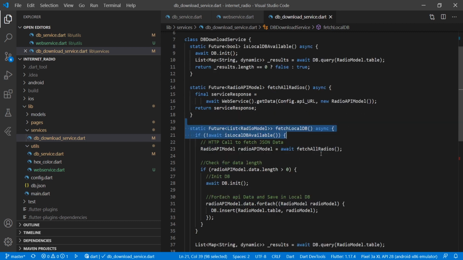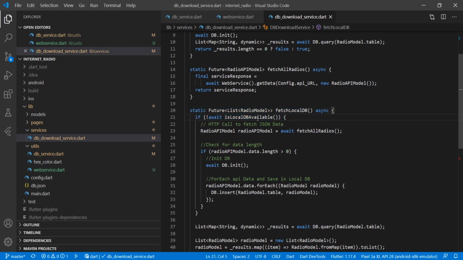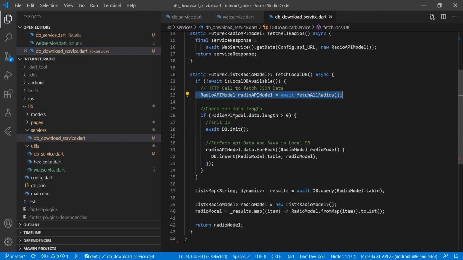Now we have created a final method which we will use in the UI, named fetch local db. Here we check if not is local db available, then we will call the http request to fetch the JSON data, and then we will check the length. If the length of the JSON is more than 0, then we will initialize our database, loop through our API model, and insert into the database.